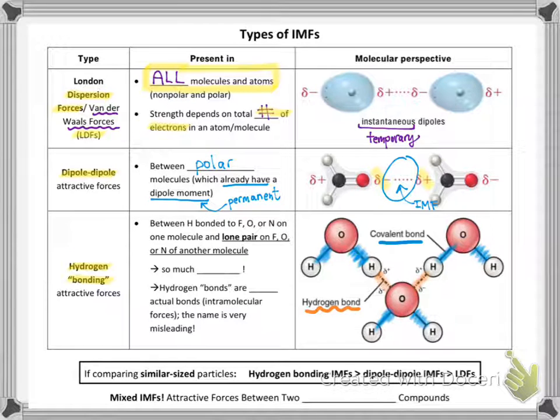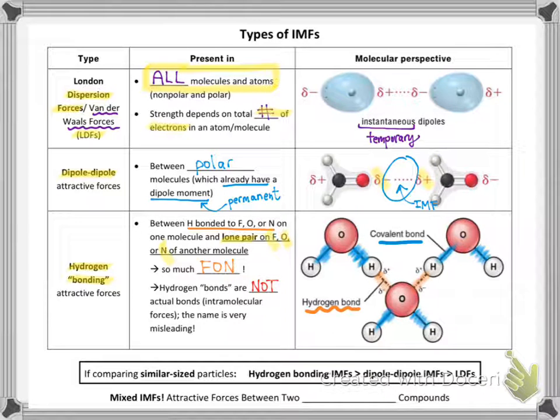Well, we like to say that hydrogen bonding is so much F-O-N fun. Hydrogen bonding occurs when you have a molecule where a hydrogen is covalently bonded to a fluorine, oxygen, or nitrogen, which creates a really strong partial positive, partial negative. And then the attraction is between that super positive hydrogen and the lone pair on a fluorine, oxygen, or nitrogen of another molecule. So hydrogen bonds, I know, I say this a lot, but hydrogen bonds are not chemical bonds.